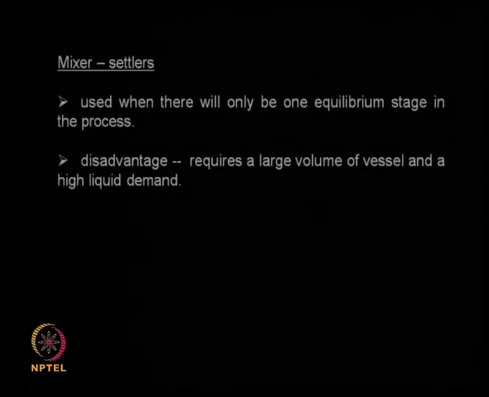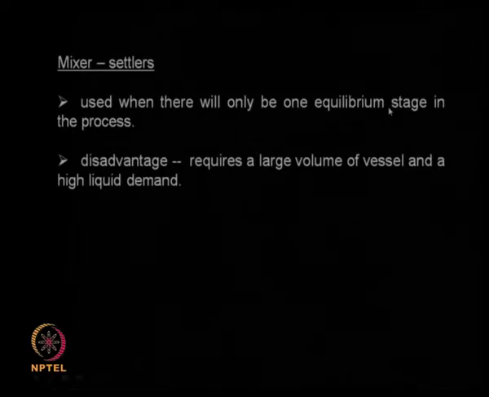One is the mixer settler, the other one is the column type, third one is the centrifugal. So, different types of columns we looked at, different types of mixer settlers, different types of centrifuges. Each mixer settler is almost like one equilibrium stage. If I am interested in only one mixing, then I may go for a mixer settler, but if I am interested in 4 or 5 different stages, then it is not very efficient to have 4 or 5 different mixer settlers,